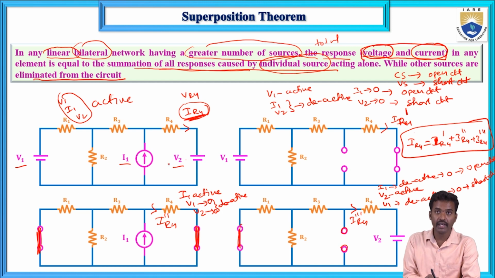In a linear bilateral network having more number of sources, a multi-source network, the total response equals the sum of the individual responses. That response may be either current or voltage. Here in this case I am considering current as the response, and the total response in any element, here that element is R4, equals the sum of the